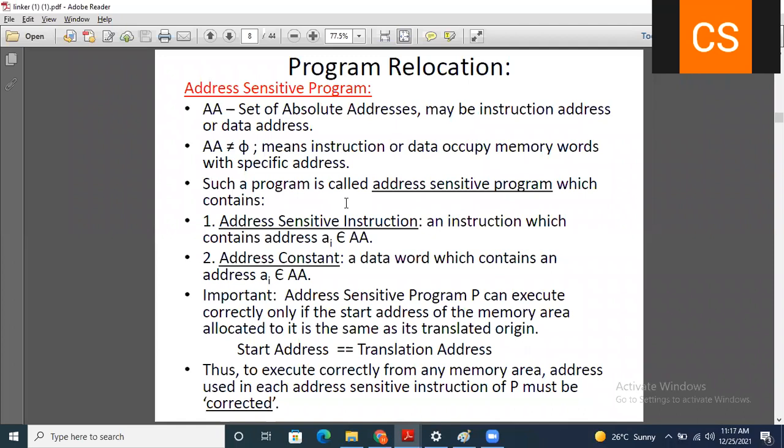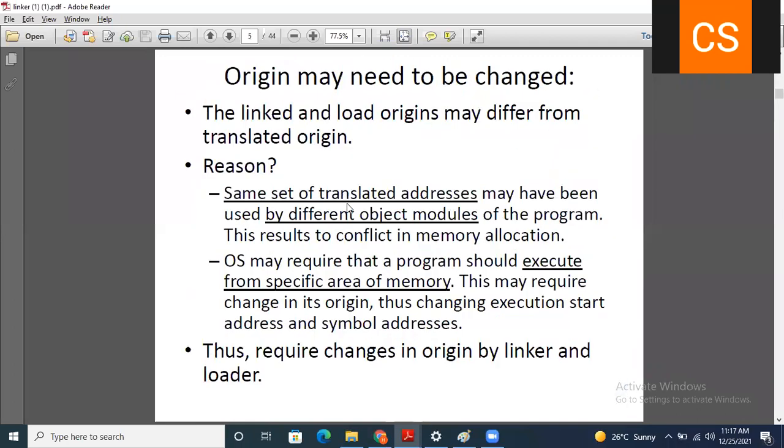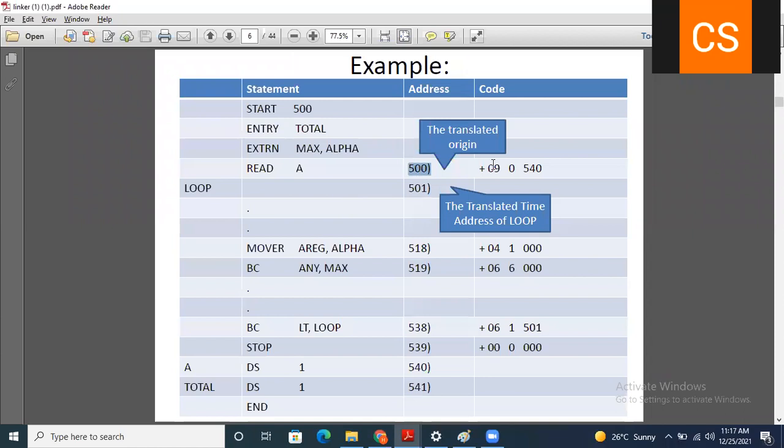When fixed, we call them absolute addresses. In this set of absolute addresses, some addresses contain instructions and some contain data. For example, you can see here, at location 500 an instruction is saved, an address sensitive instruction, whereas at location 540 your data is saved.